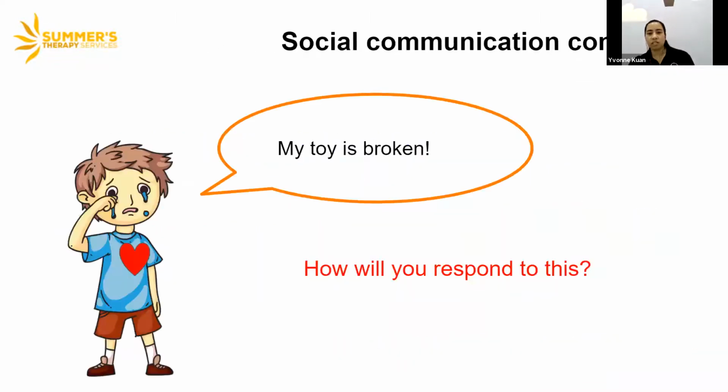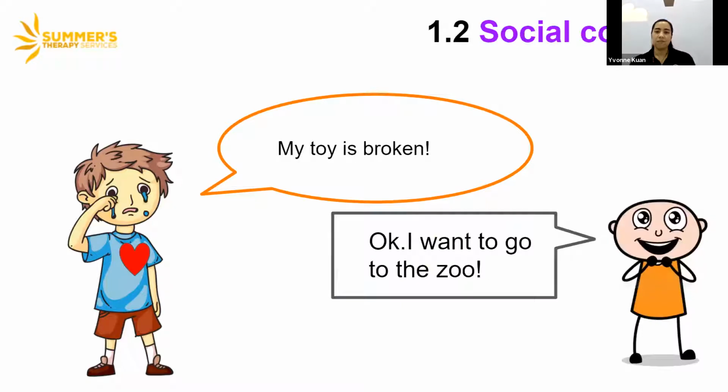So social cognition, I want you to think about how you would respond if a child is now crying in front of you, a little boy is crying and saying, my toy is broken. Oh, he's heartbroken here. How would you respond? Give it a moment and think. Would you say, okay, I want to go to the zoo? Now, I hope most of you would not have said something along these lines,